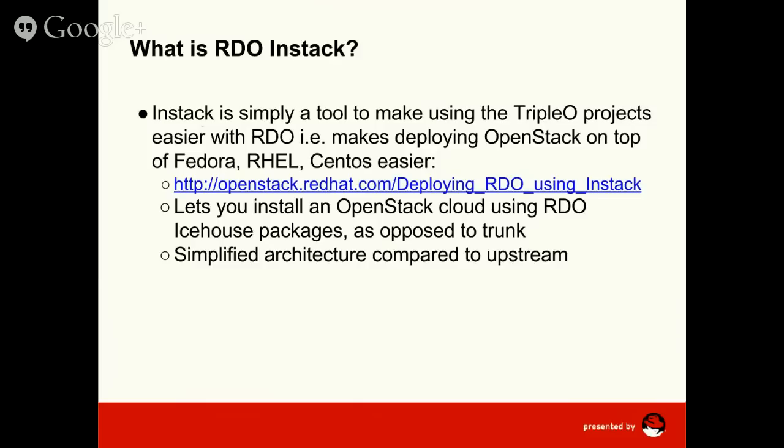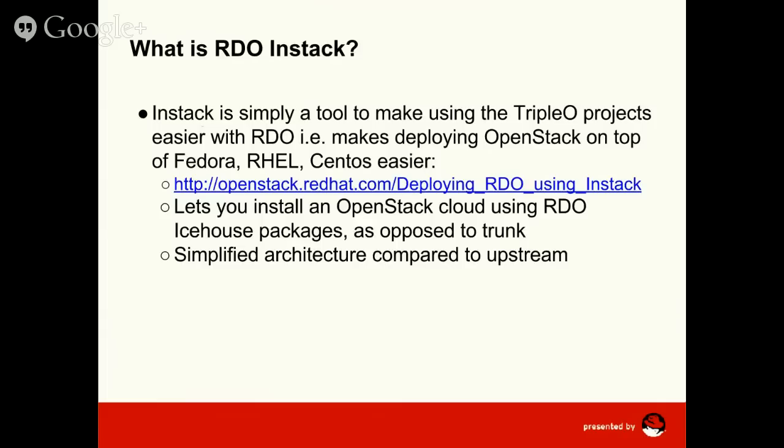You can see there's a link to our Getting Started guide to how you would deploy OpenStack using Instack. Basically, it walks you through the process of using the RDO RPMs